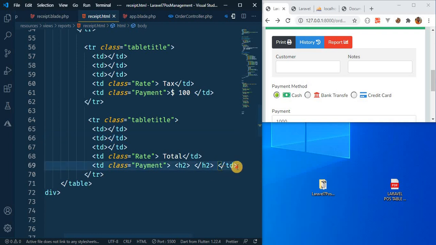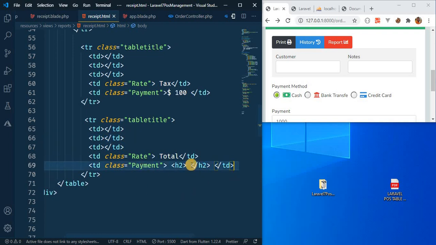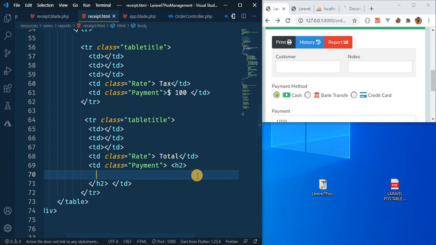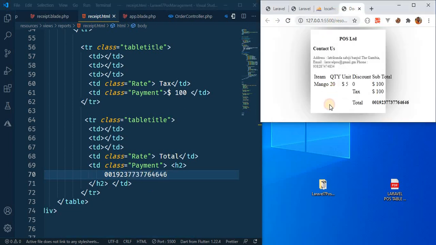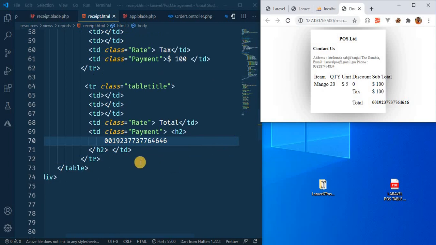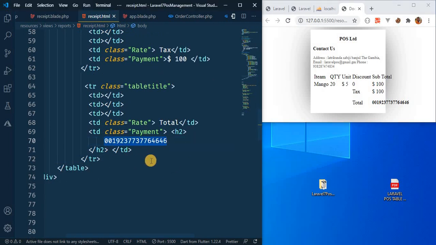So go down here, this H2 is here, and I will pass any information that we have inside here, okay, so I can say something like that. Here will be the payment, that class payment, the number, the invoice, and I do it like this, and here cash, this is the amount of payment, maybe $100,